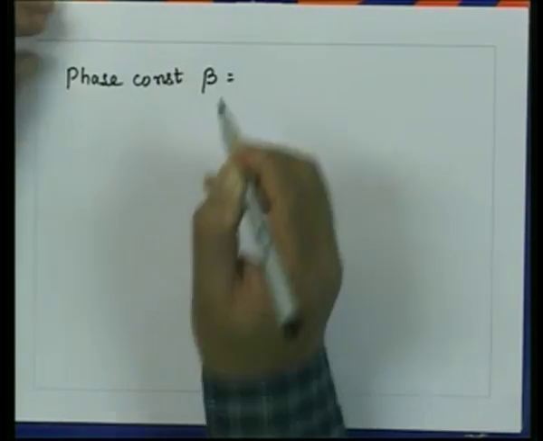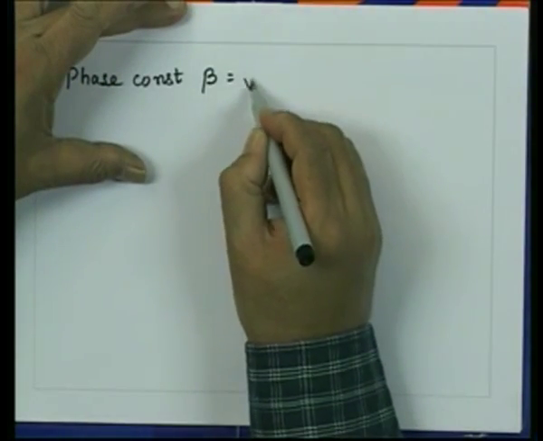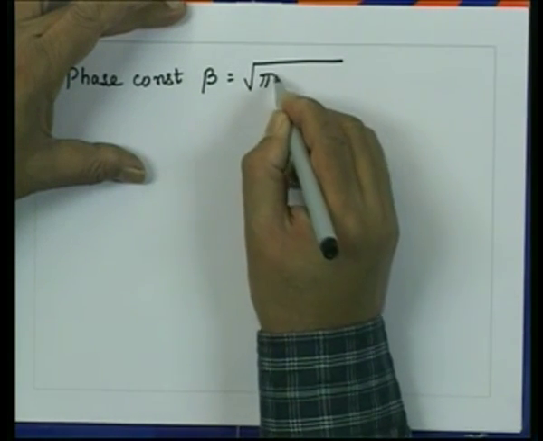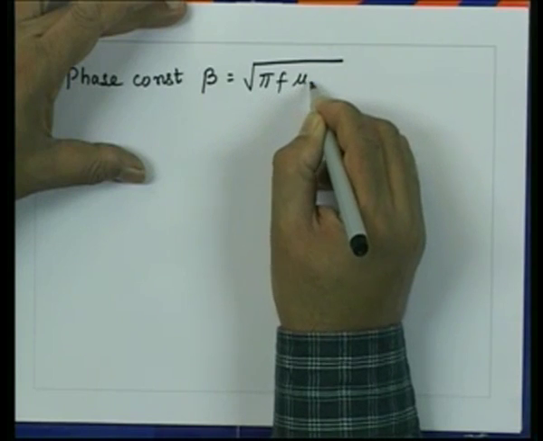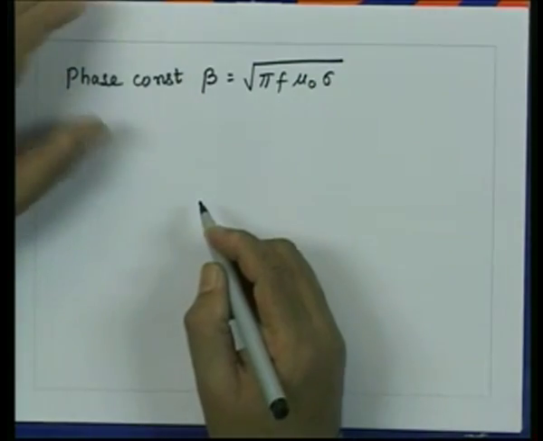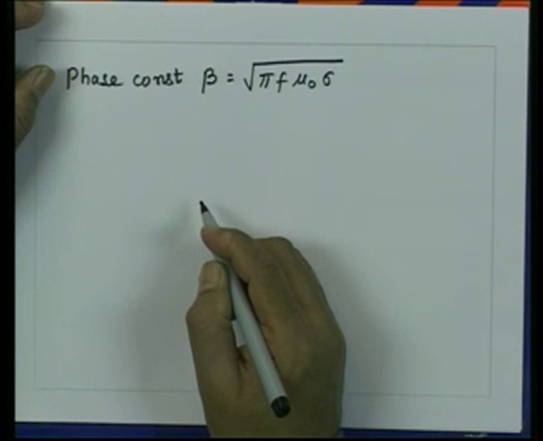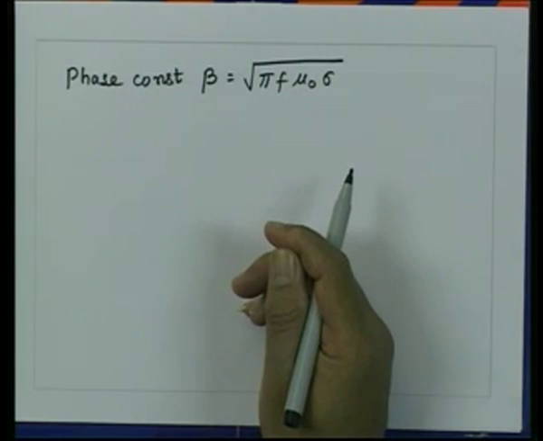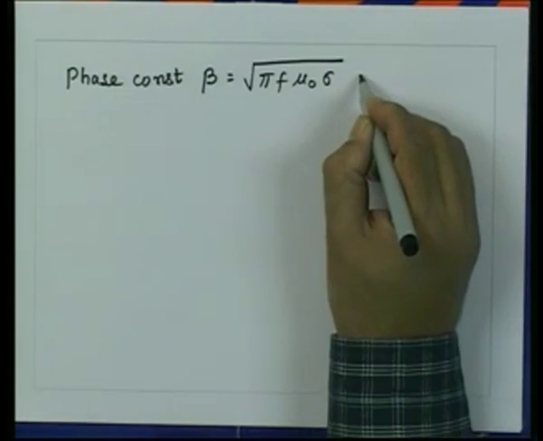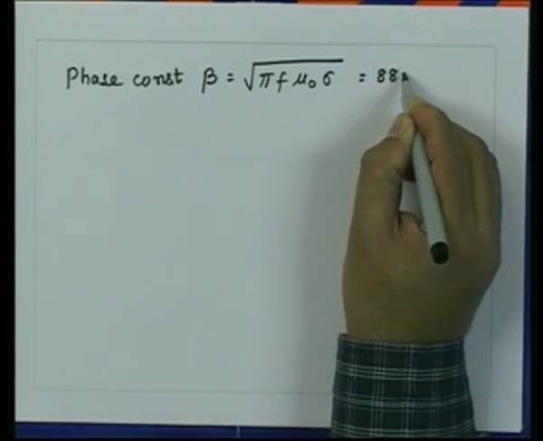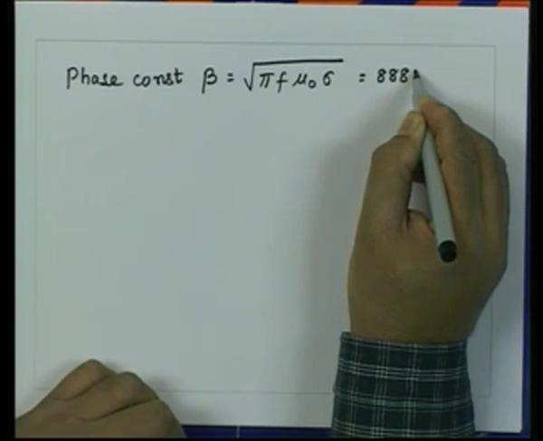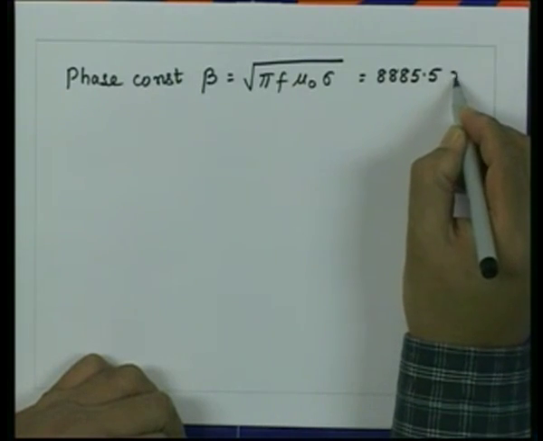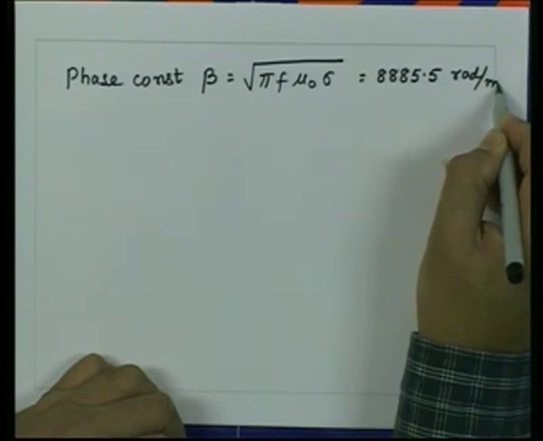Beta, which is square root of pi f mu 0 into sigma, and that if we calculate, we essentially get equal to 8885.5 radians per meter,